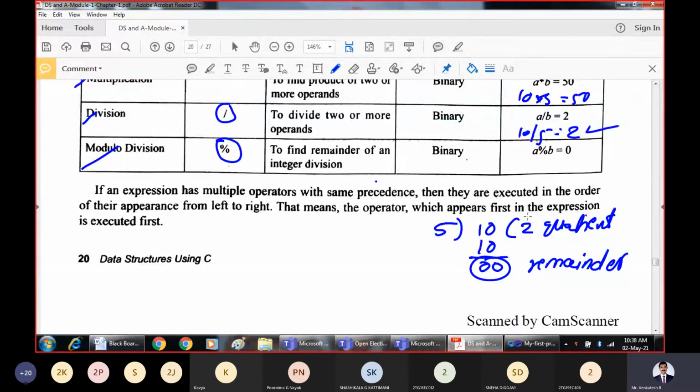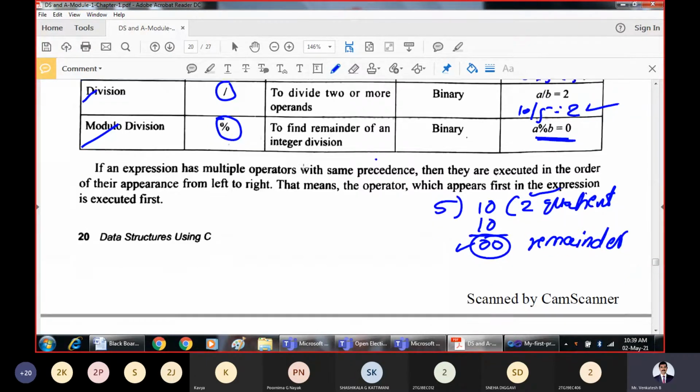Why is the result 2? It returns the quotient. The modulo operator will always return the remainder. What is A modulo B here? A modulo B is 0. So you should always know the difference between division and the modulo operator.